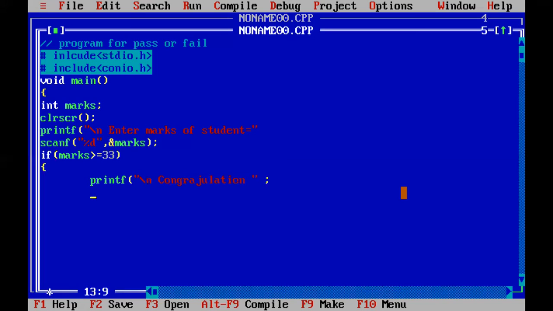And the next one, printf, backslash n, you are passed.